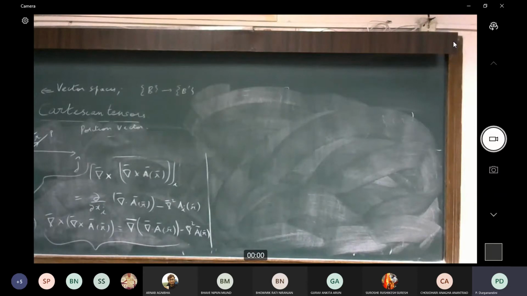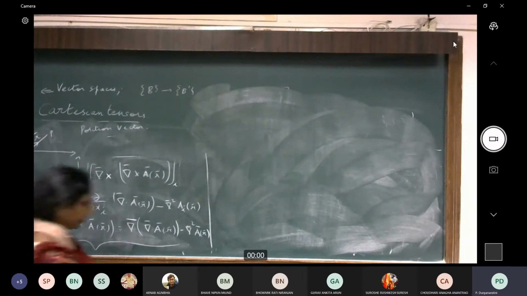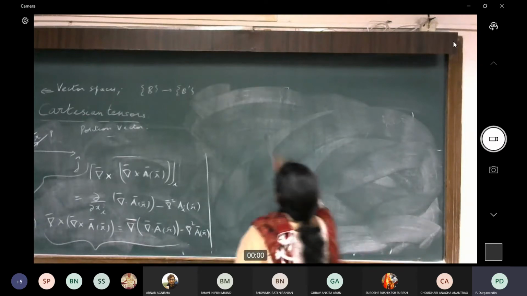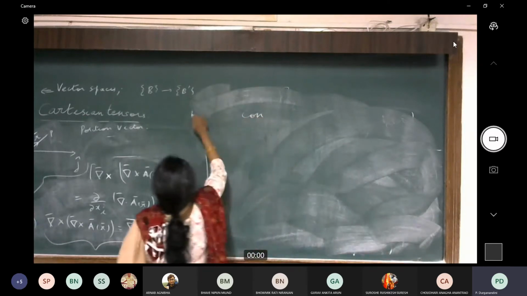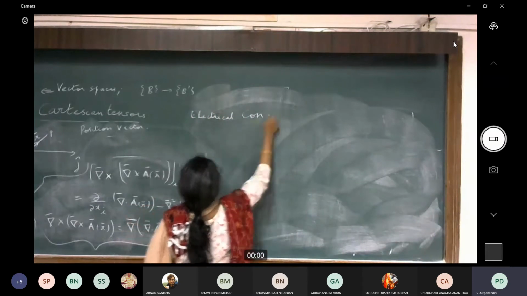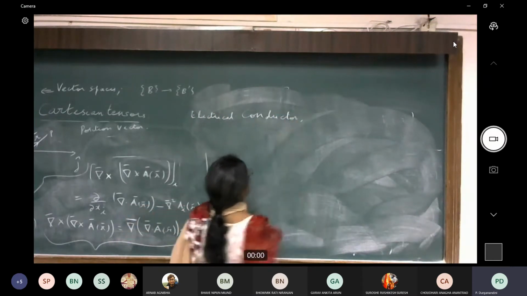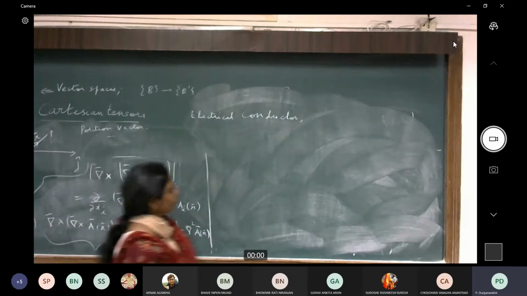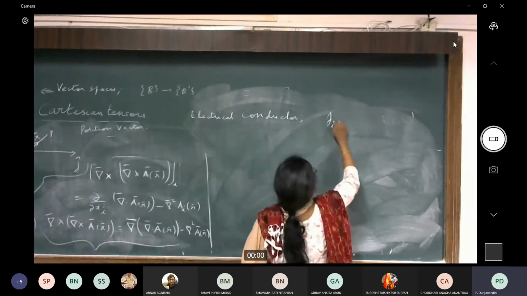Now let me take another example. So maybe I'll start with this example now. For example, I told you that if I have conductors, let's say I have some electrical conductor, and we are only considering the linear regime. So by Ohm's law, one can show that,